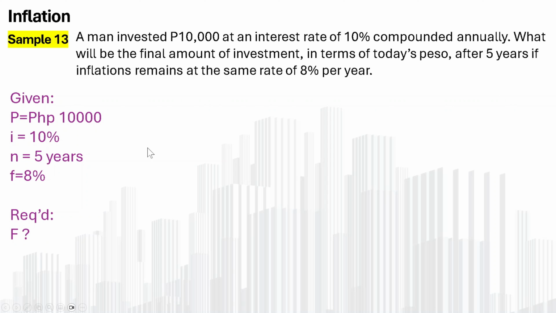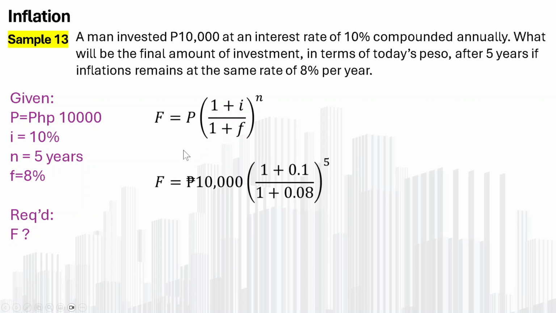So, if it's gonna be continuously compounded, we can definitely use this formula, F is equals to, kasi ginagamit natin to pag kina-compound pa rin siya, but may kalabang inflation, okay? So, yan yung formula na gagamitin natin. Substitute yung values natin. So, makita nyo to, ito yung 10% compounded annually. Nagkataon lang na annually. So, that means 0.1 divided by 1. And then N times M, that's 5 years times 1, kasi annually lang naman siya compound.